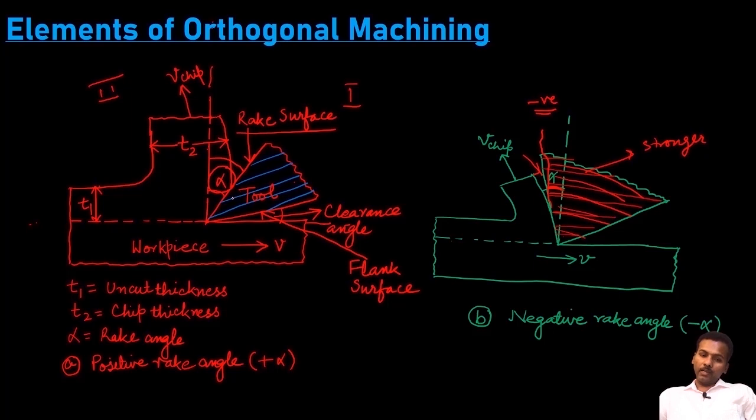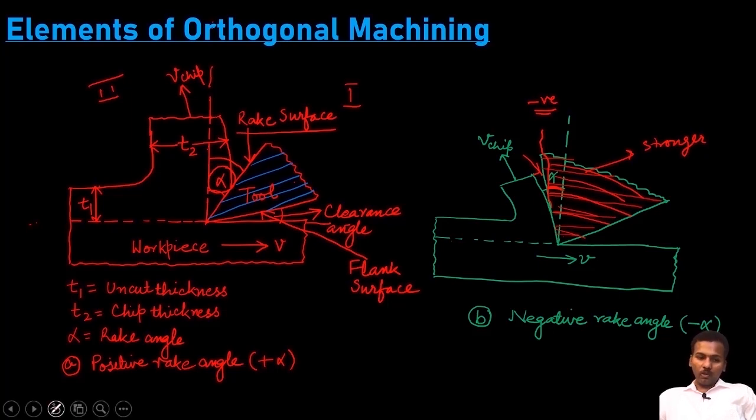We have to machine mild steel with the high speed steel tool. Because mild steel is the most ductile, in that case you can maintain a positive rake angle for easy machining, because the machinability of mild steel is much greater than the harder material. Then we can maintain this angle, but still we cannot increase this alpha to a higher limit. It is maintained within 15 degrees generally.